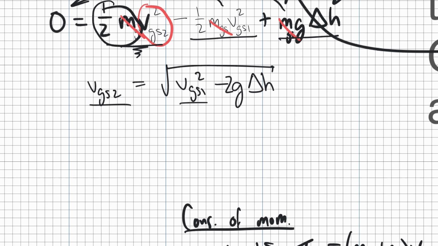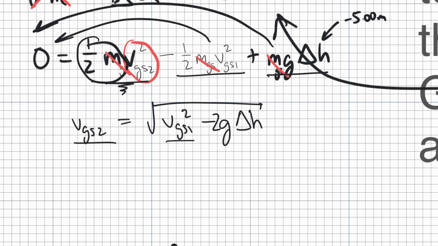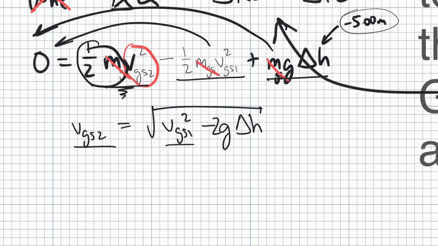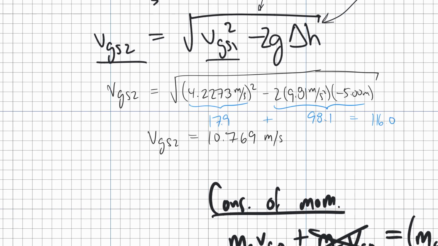Okay, so I will now plug and chug. I'm just going to pause and do it. I want to note, just to be very, very careful, that my delta H is a negative value. And if you don't plug in a negative value right here, what's going to happen is it's going to look like the sled slows down, right? Because we've got this negative here, and it's going to cancel with that negative right in there. So it's going to cause things to speed up, and it will speed up, right? And it's because we're going downhill. Okay, so I'm going to plug and chug. Okay, so what I'm getting is